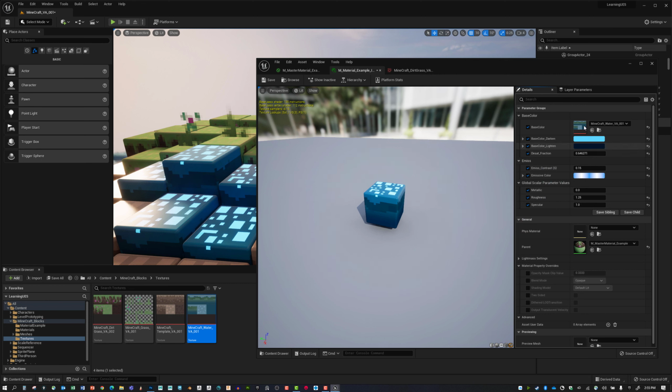We've got the ability to change out our base color texture map that's driving everything. We've got a desaturation thing going on for the base color. We can set up some emissive stuff and then change the default global values. All right, so the next thing we'll do is add the ability to move this thing up and down within